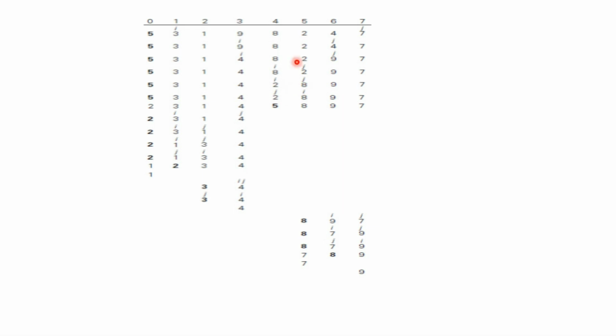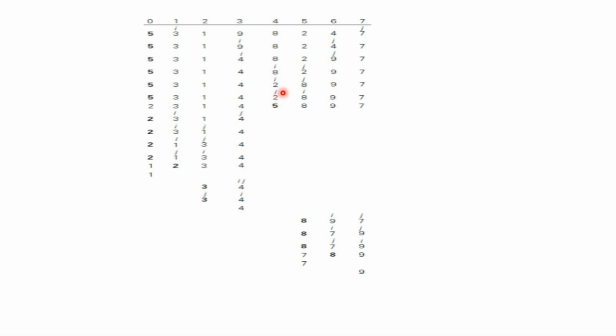Now i is pointing to 5 and j is pointing to 4. So what you need to do? In this case, i is pointing to an element which is larger than 5, so you have stopped here, you need not continue the scan. j is pointing to an element which is smaller than 5. So you have to stop here.